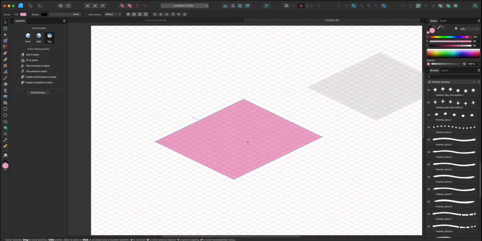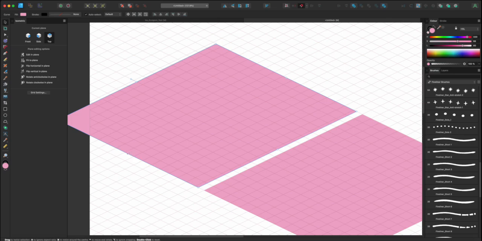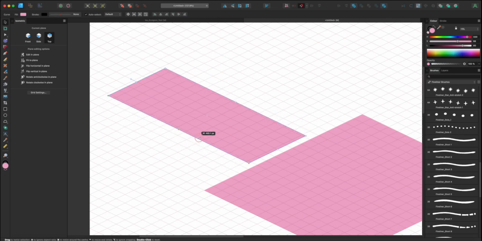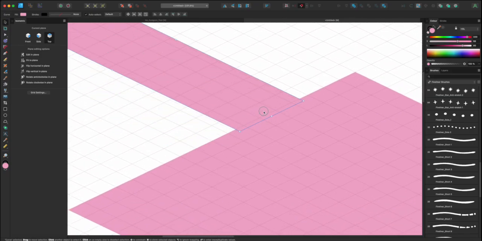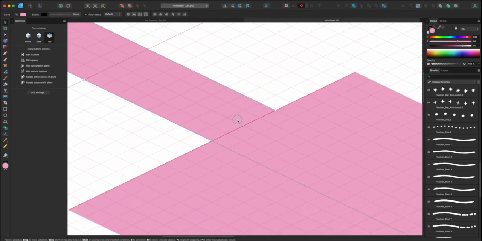I'm going to copy this, and there's a couple of ways you can do this. I'm going to select the object, hold down Option and Shift, and then it'll move it on the same plane, which is kind of handy. And I'm going to bring this down, and I want to keep it